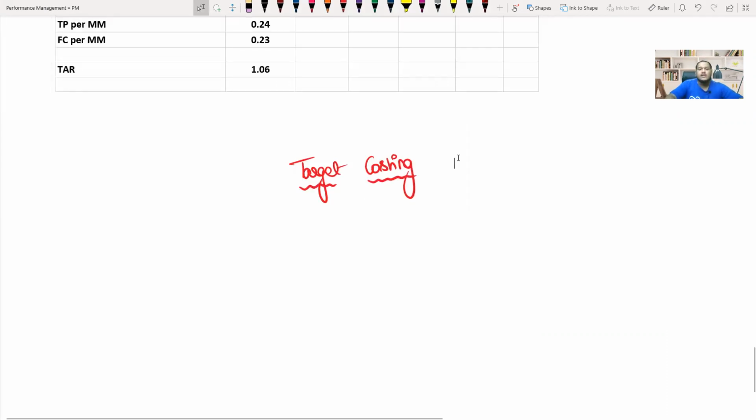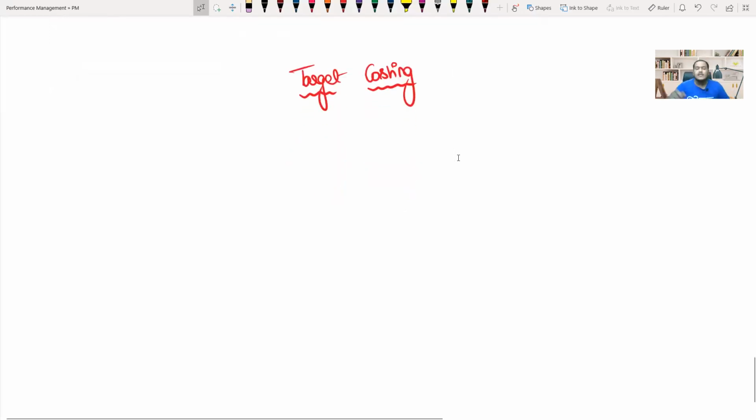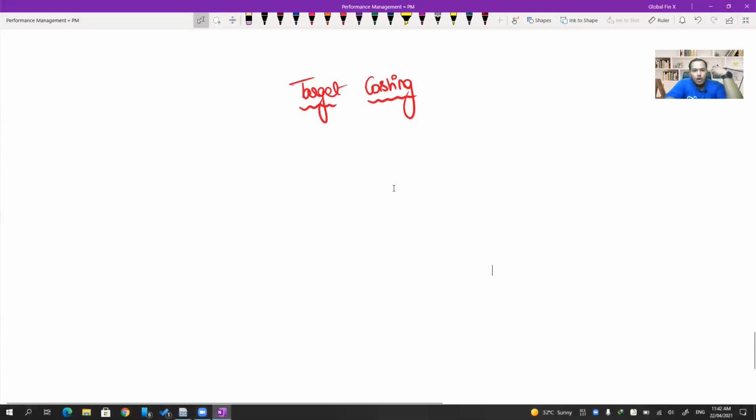So what exactly is this target costing all about? Please understand that to determine a product price, there are two methods. One is market methods, and the second one is called cost methods. So basically you can calculate your cost per unit, add your markup or margin to that, and say, okay, my cost is $10, I need $2 profit, so I'll sell it at $12. That is the first technique. We call it the cost plus pricing strategy. Cost plus profit gives you the sales price.